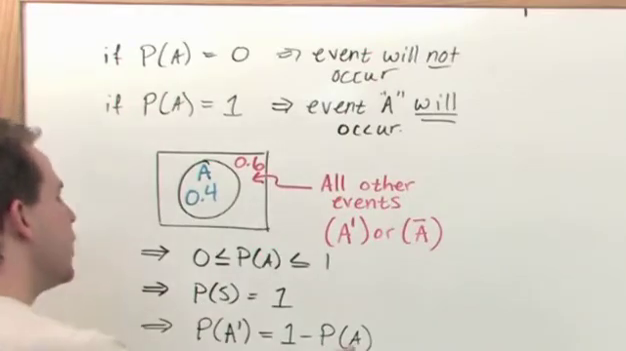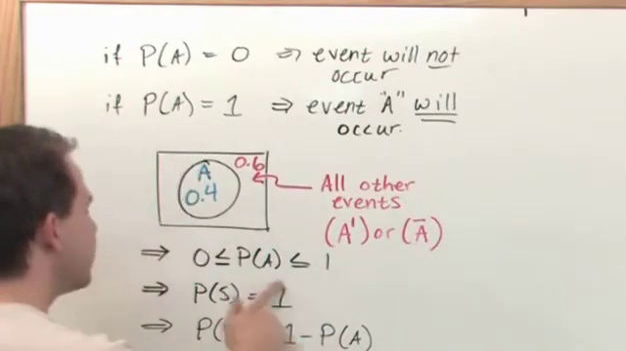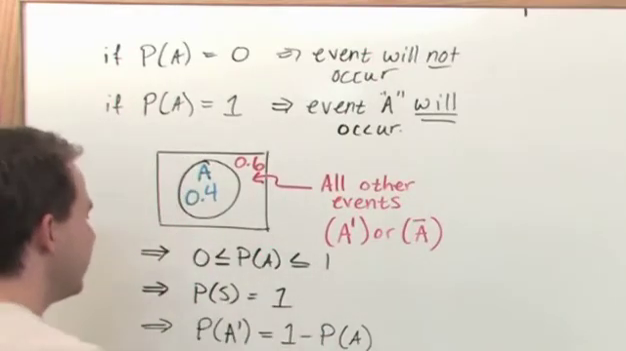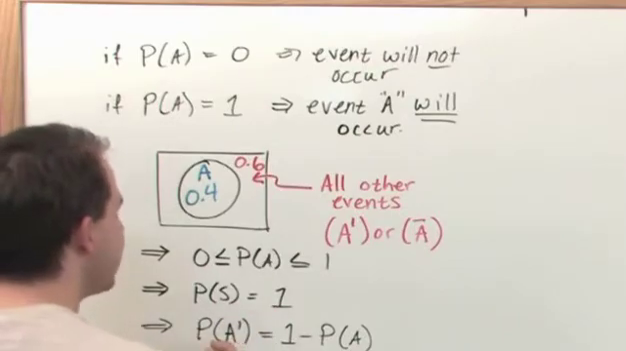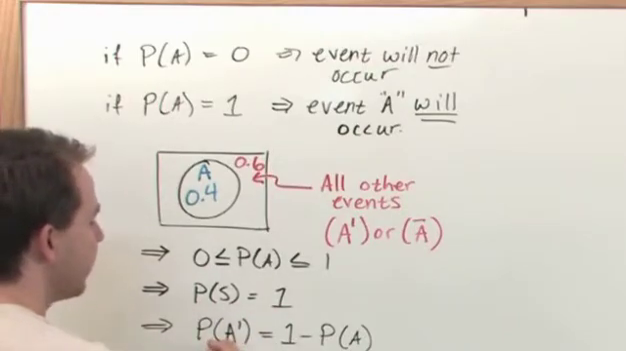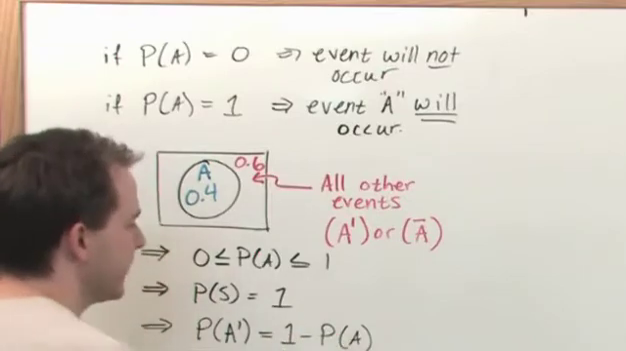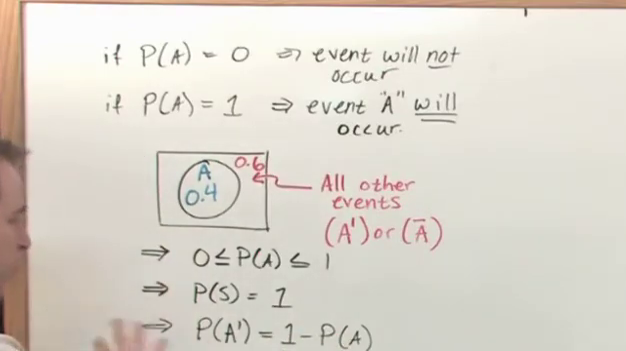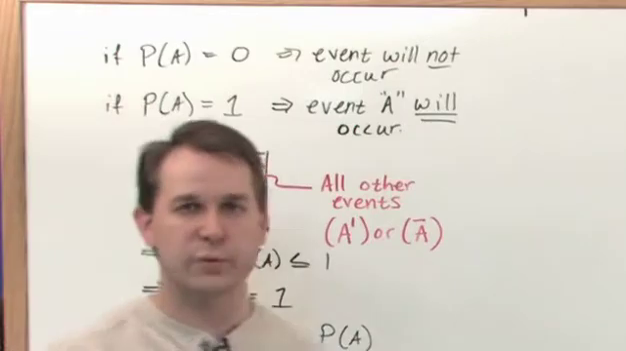Okay, so if I know the probability of heads, and if the sum of all the possible outcomes in the experiment must be 1, then I can find the probability of tails by saying 1 minus the probability of heads. Okay, so it works for heads and tails as a simple example, but it really works for